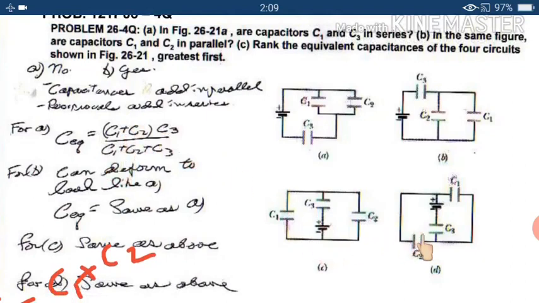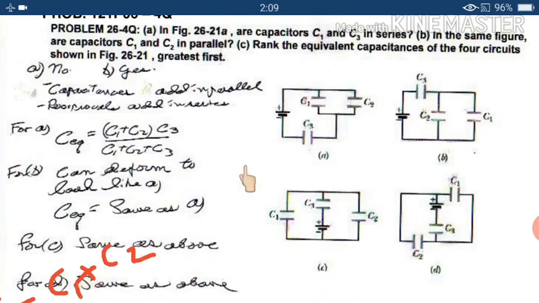And if I talk about the fourth circuit diagram, here also you can easily see that C1 and C2 are connected in parallel with each other. See, if I draw the C2 over here and the C1 over here, it will look exactly like this. The representation is different, but they are connected in the same way. So here also C1 and C2 are in parallel. Equivalent capacitance will be C1 plus C2. Now the C1 plus C2 is connected in series with C3.